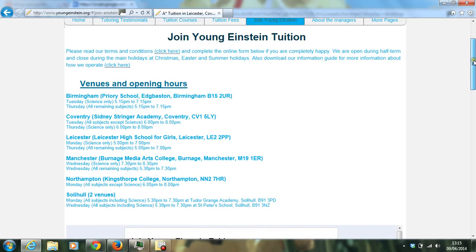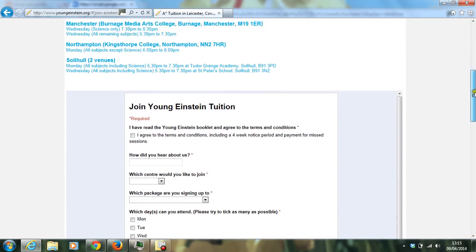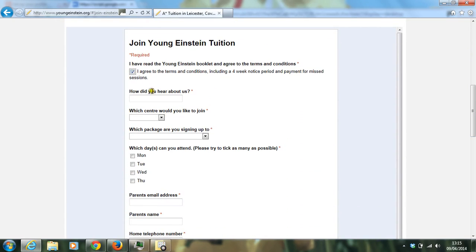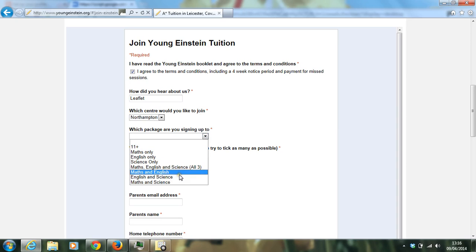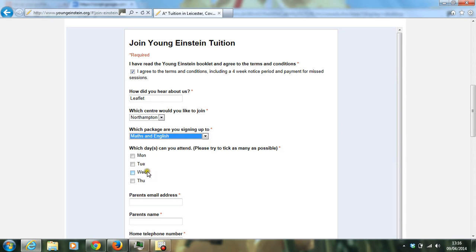this brings us to our application form. So once again, I'm a parent completing the application form. I agree to the terms and conditions, where there's a 4-week notice period if they'd like to leave, and make them aware that any missed sessions must still be paid for. They heard about us from a leaflet through the door. They'd like to join our new centre, Northampton. And they are signing up to Maths and English, and they want to attend on Mondays, and their email